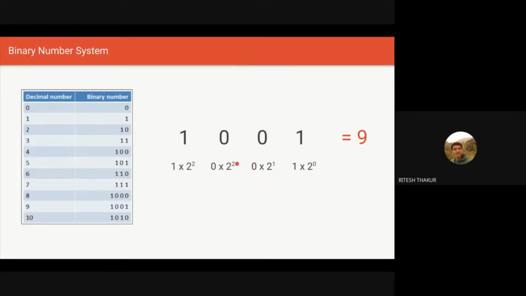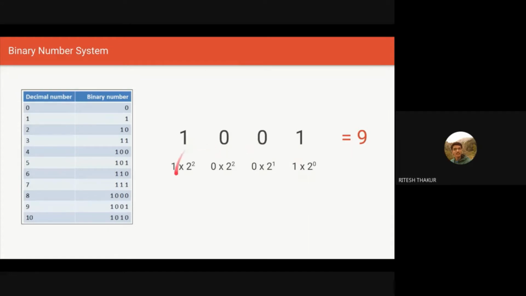Consider this number, which is in binary. You have to understand that in binary there are only two states, so you can only have 0 or 1. You can't have 4 or 5 like written in these places. Now let's see the powers of 2 associated with each place. The first place has 2 raised to 0, then 2 raised to 1, 2 raised to 2, and 2 raised to 3. With each place we have a multiplier. Here we have 1, here 0, 0 and 1, same as the decimal number system.